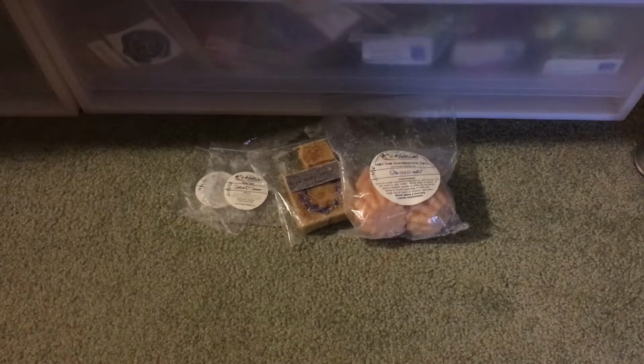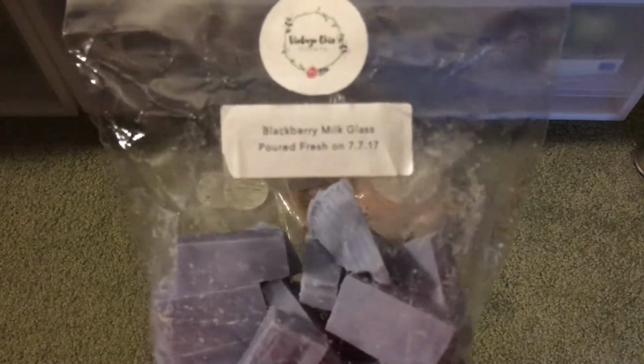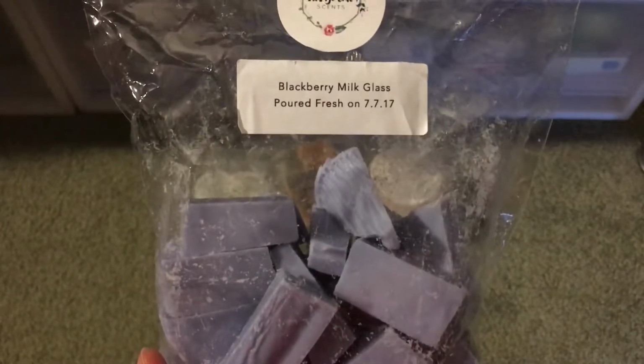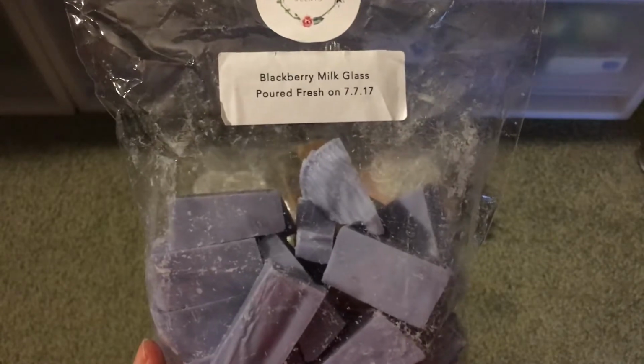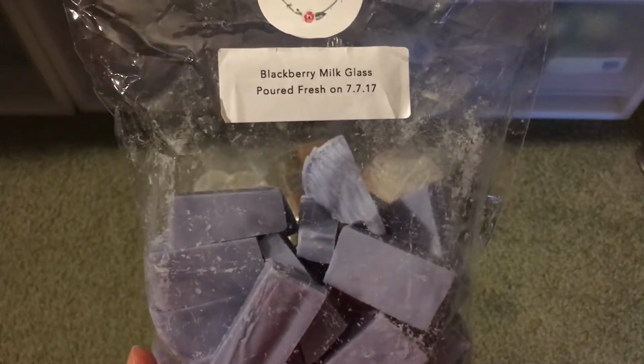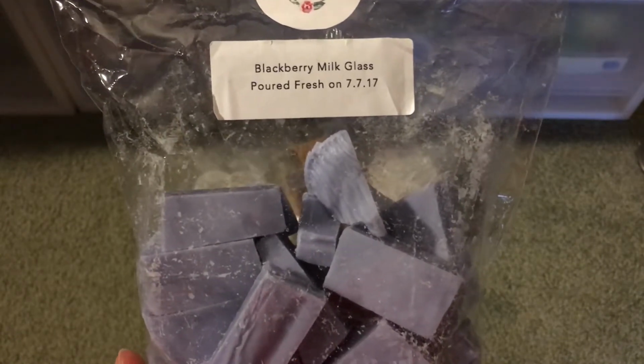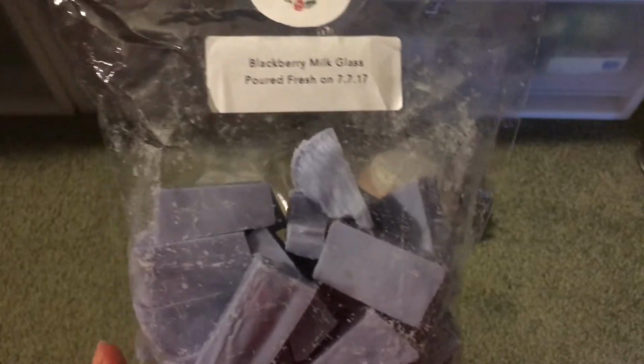The next thing I melted was Vintage Chic Scents Blackberry Milk Glass, and this is so good. So good. Her milk glass is a blend of sweet milk or sugar milk, I guess. A lot of different vendors call it different things. Cake batter and wildberry. I don't know if it's wildberry mousse or just wildberry, but this blackberry just adds a